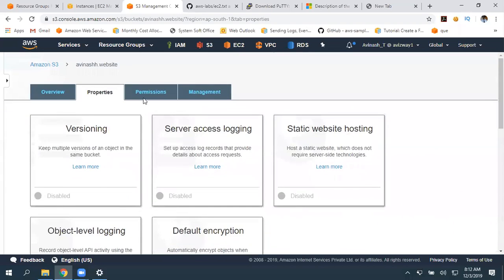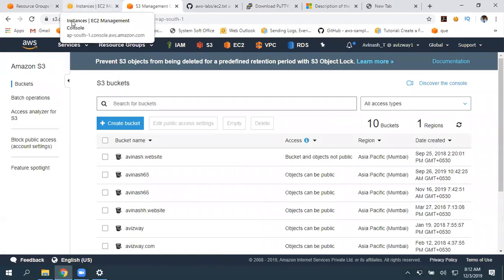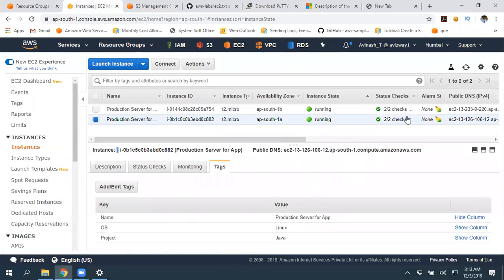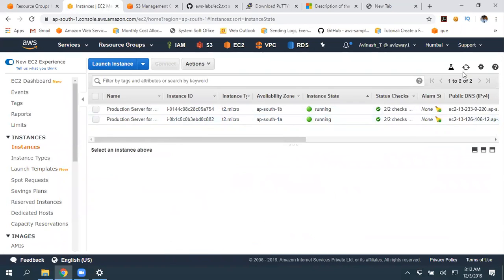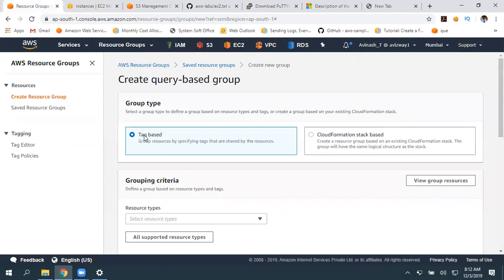Not only this, you can even associate it with your RDS database instances and all. Those we will discuss in our coming sessions. But whatever resource we are taking, we have an option of associating a tag. So by using this, I want to filter all the resources tag-based.